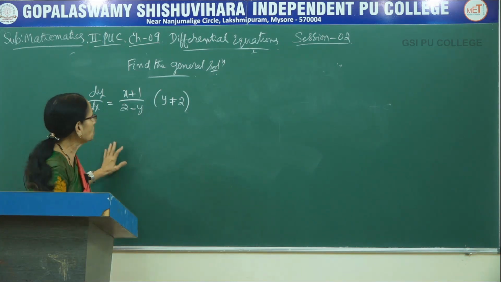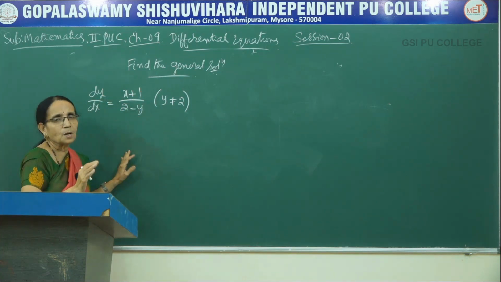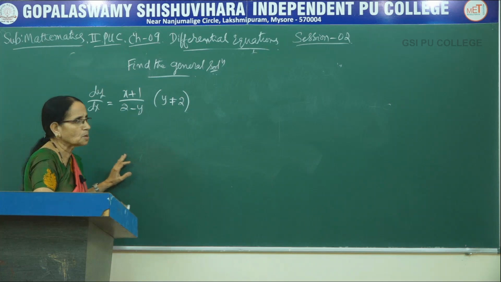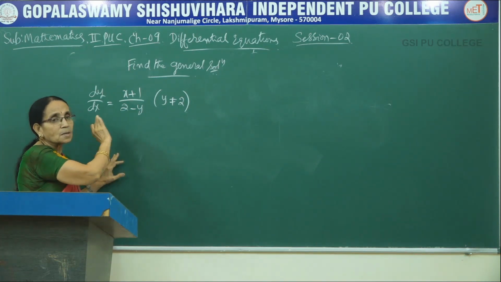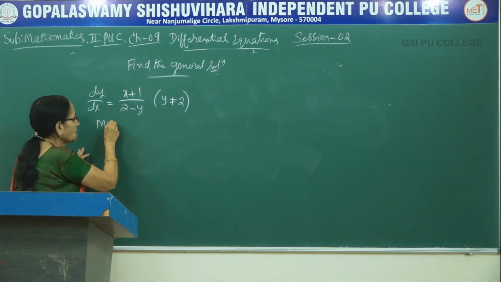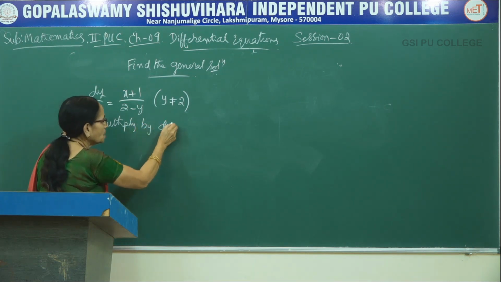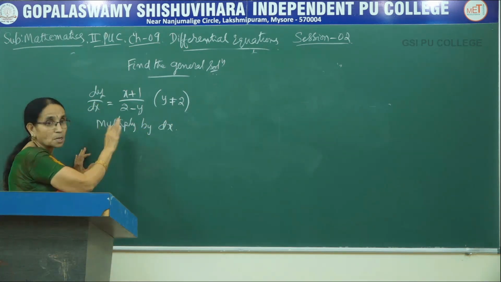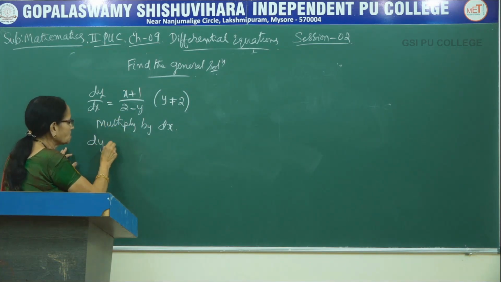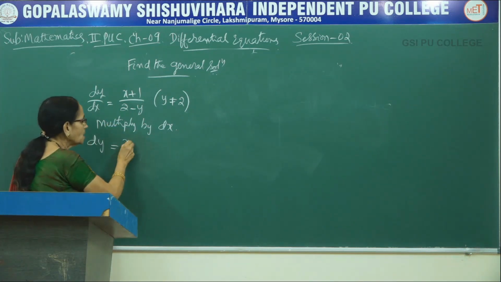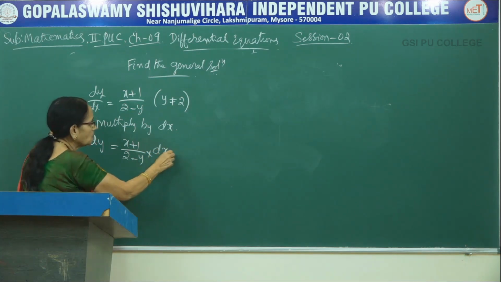Okay. Now, first I told you, see here, dy by dx is there, x is there, y is there. We want to separate them. It is possible to do the separation. What is the first step I told you? First, always see that dx comes to the numerator position. First, write multiply by dx. That is, you have to multiply both the sides. It is already in the left hand side, so automatically it gets cancelled. You need not multiply here. Directly you can write it as 2 minus y into dx.